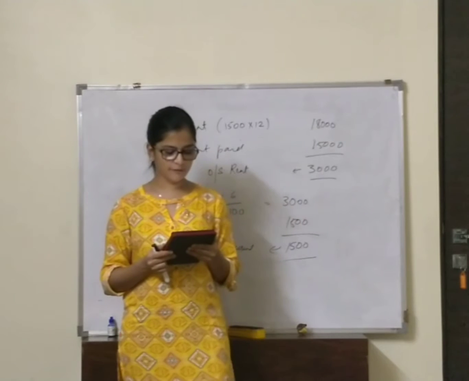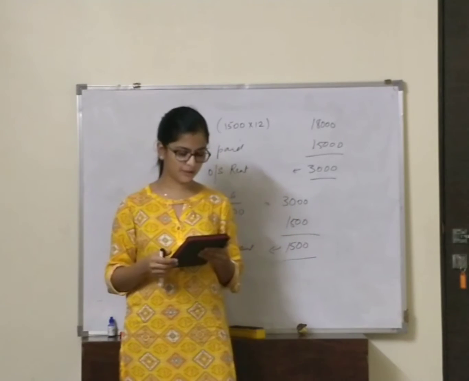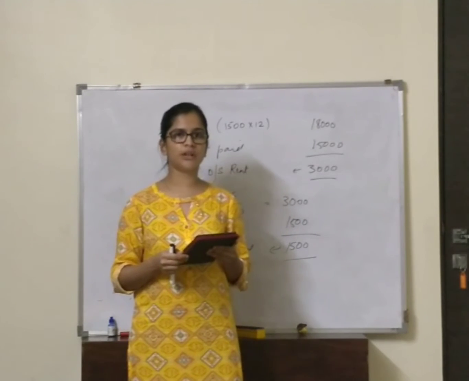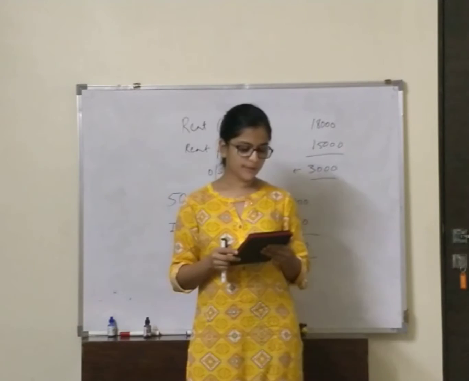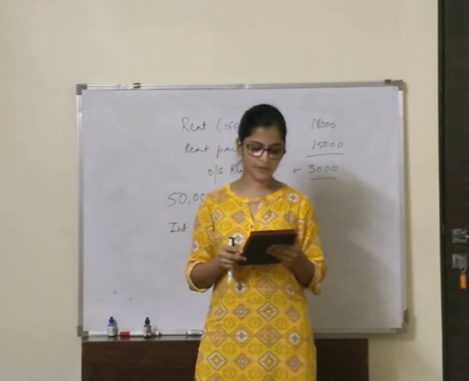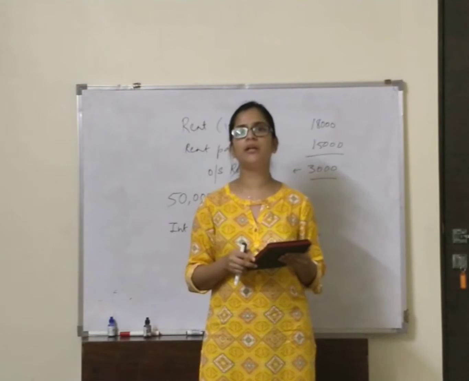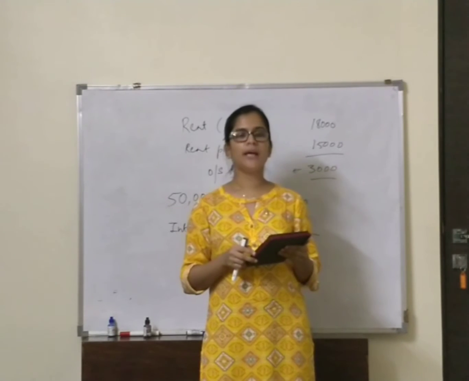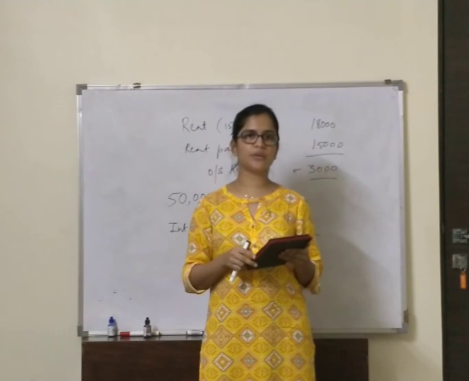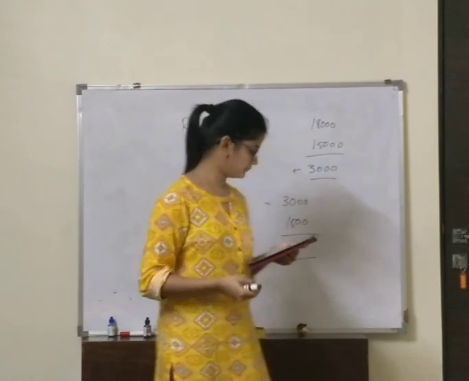Then the other assets are furniture 80,000, opening balance sheet. Sports equipment 40,000, opening balance sheet. Depreciation is to be provided at 10% on furniture and sports equipment. So this depreciation will be written in the income and expenditure account and deducted from furniture and equipment in closing balance sheet.